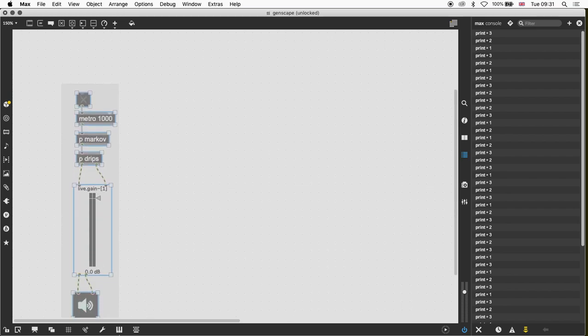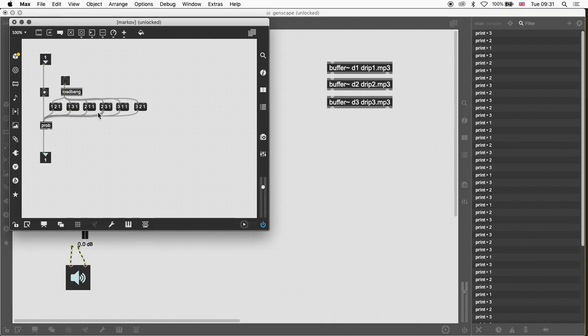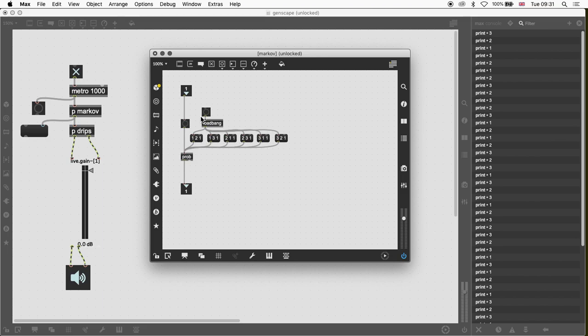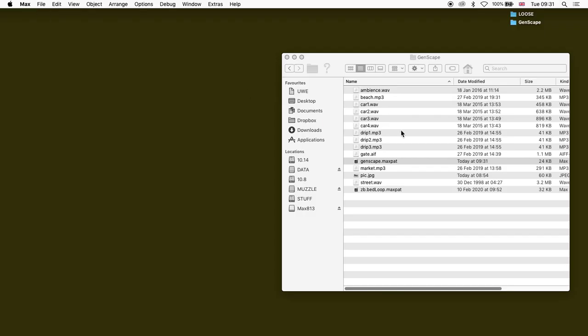There's almost something wrong here. Debugging. Does the bang happen? It does happen. Do the Markov chains output stuff? They don't. Okay, so that's an issue because this encapsulation has not run the load bang as I've encapsulated it, which I would consider a bug, but support colleagues would probably tell you it's a feature. But if I reload it again,